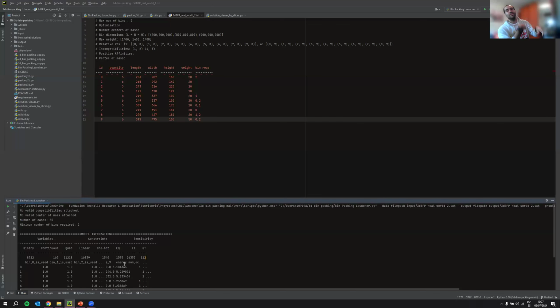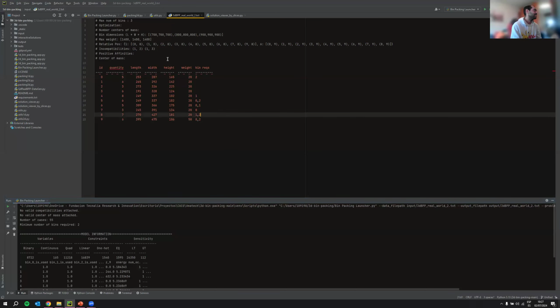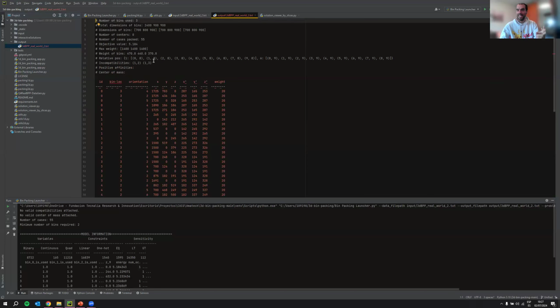So returning back to the bin packing problem, the solver has already finished. We have different kinds of outputs. The first one is the text-based output that I have explained before, but probably the most interesting one is this interactive solution, which is an HTML that we can open.